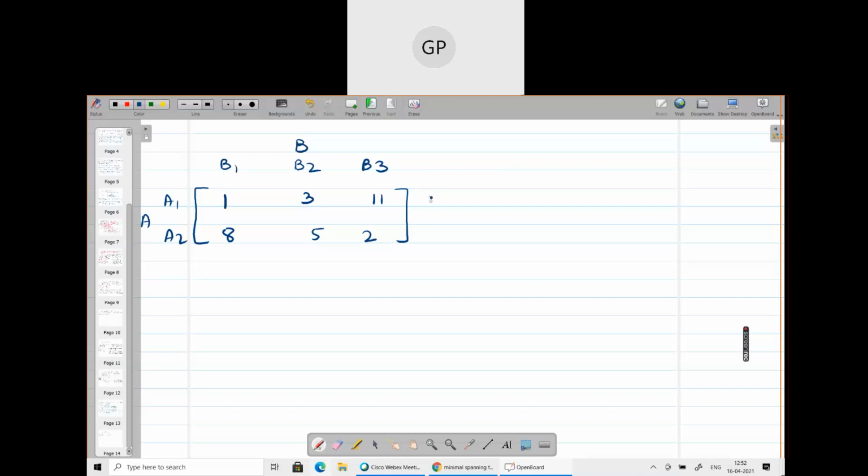So here also, let us quickly check whether a saddle point exists or not. First row minima is 1, second row is 2. Column maxima are 8, 5 and 11. So 2 and 5. The saddle point does not exist. So the value of the game lies between 2 and 5. This will give you an idea about the value of the game. Are you okay with this, girls?